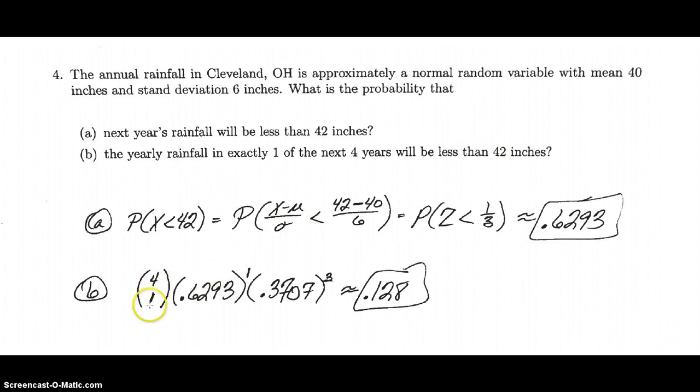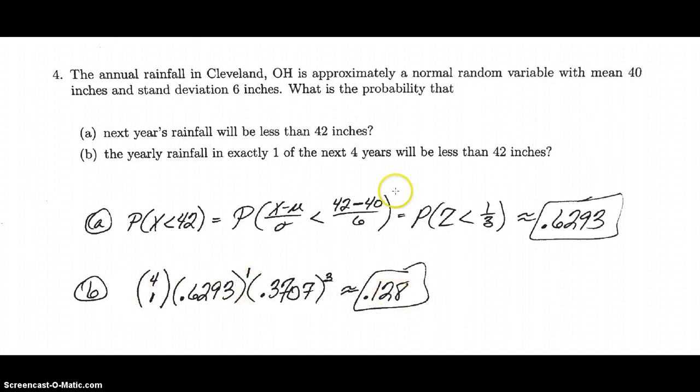Even if it's reported as 42, it really was something else. So we have 4 choose 1, because we have to choose which one of the 4 years will be the less than 42 year. Then for that particular year, as we found in part A, 0.6293, we have one of those. In other words, there's a 37% chance of having more than 42, or greater than or equal to, since technically we didn't say the equal here. So that would be 3 of those years. So when we multiply all this out, we get about a